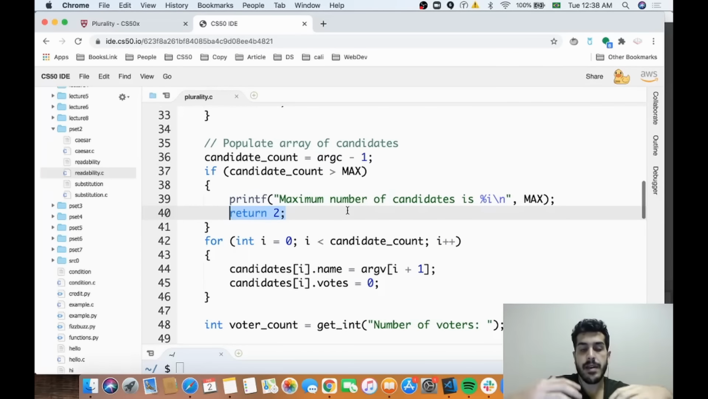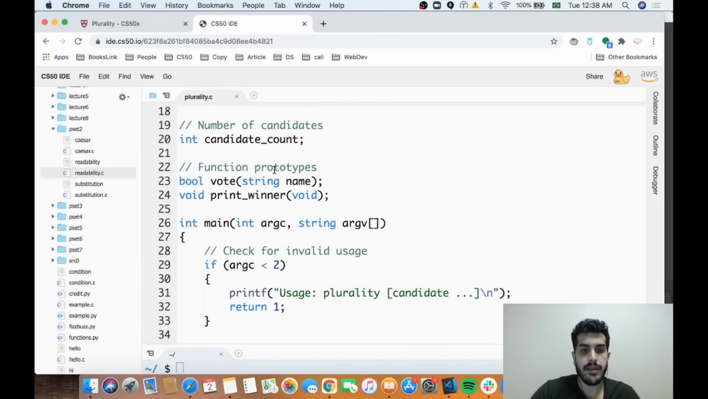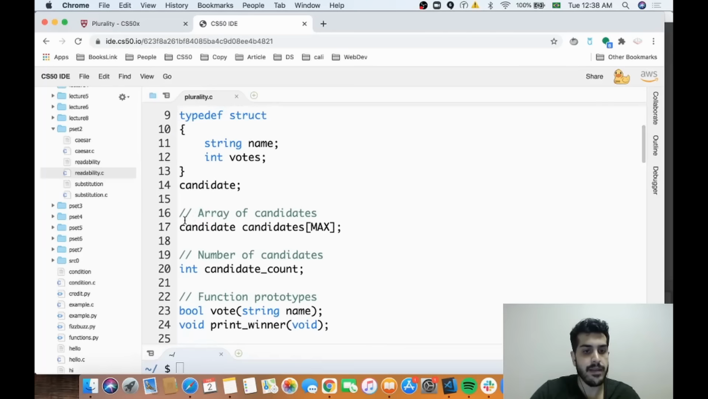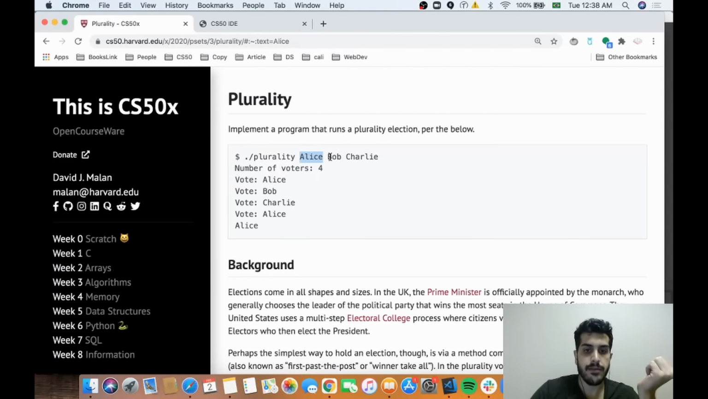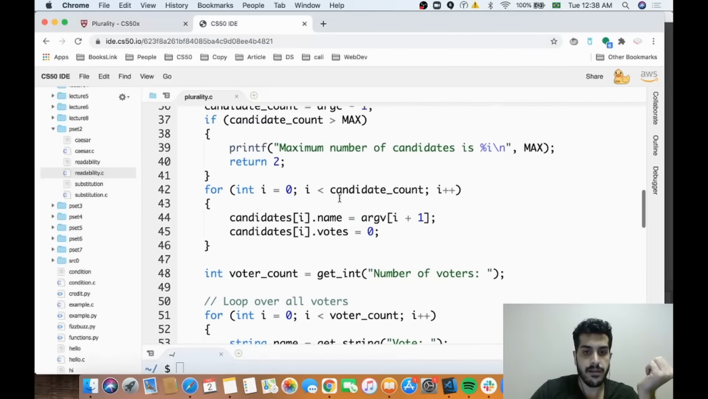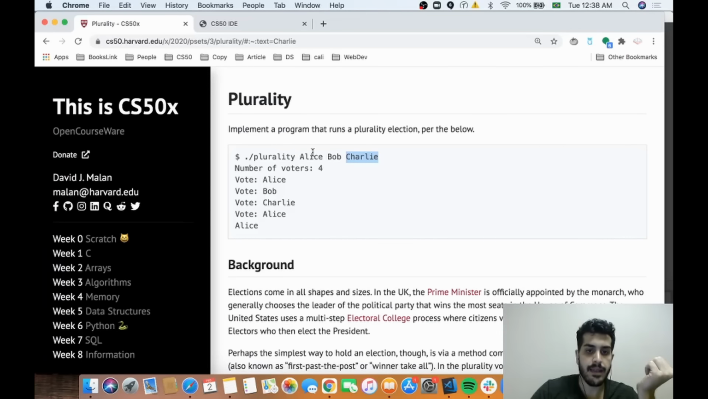Finally, we need to initialize the candidates. When we have a struct, you can't just leave the struct without initializing it. So basically, you want to populate the struct with Alice, Bob, and Charlie, making sure that they have 0 votes. So that's what we do here. We loop over each argument in argv. We do i plus 1 because the index of Alice in the argv array is 1, not